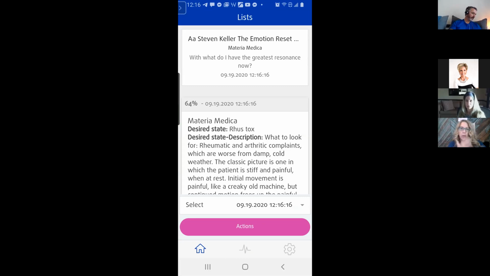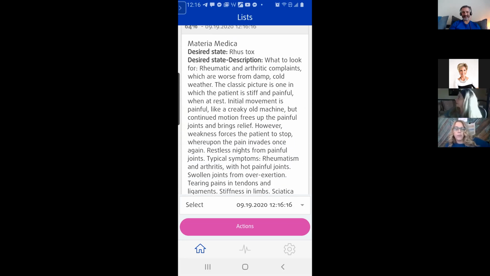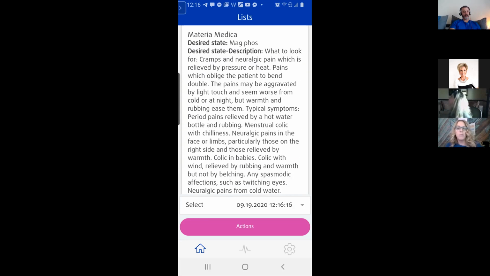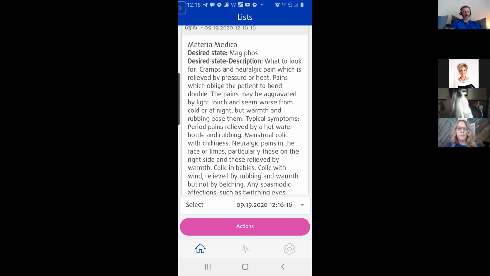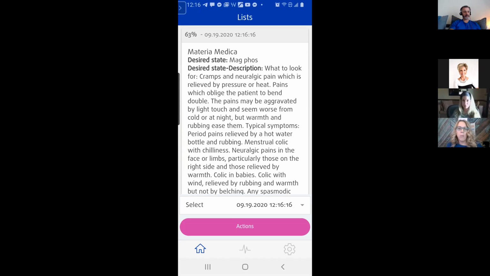So rheumatic arthritic complaints, worse from damp, cold weather. So it's been a little, weather's changing, a little damper. I don't feel like a creaky old man, but maybe give me a bit of a heads up on that. Okay. And then what to look for: cramps and neurologic pain, pressure by heat, pains which oblige patient to bend double. Interesting.